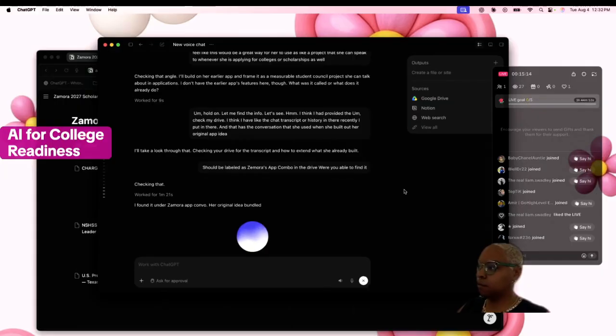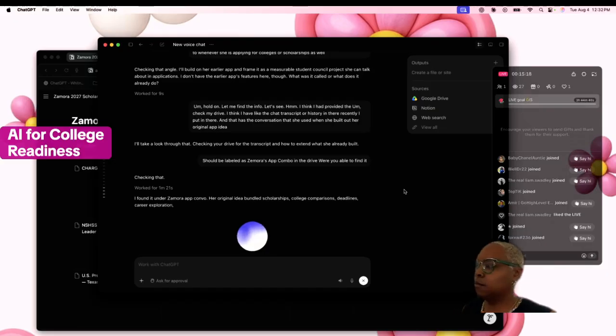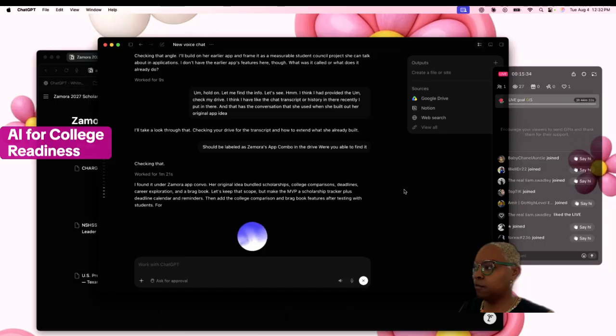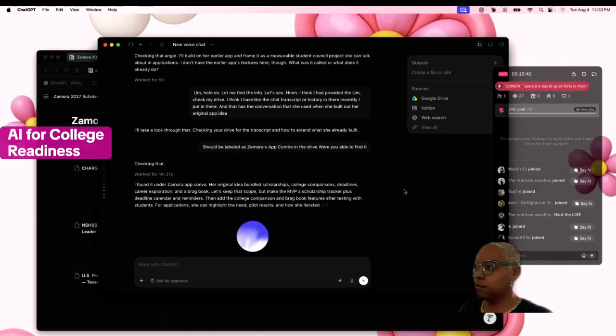Her original idea bundled scholarships, college comparisons, deadlines, career exploration, and a brag book. Let's keep that scope, but make the MVP a scholarship tracker plus deadline calendar and reminders. Then add the college comparison and brag book features after testing with students. For applications, she can highlight the need, pilot results, and how she iterated with the feedback.